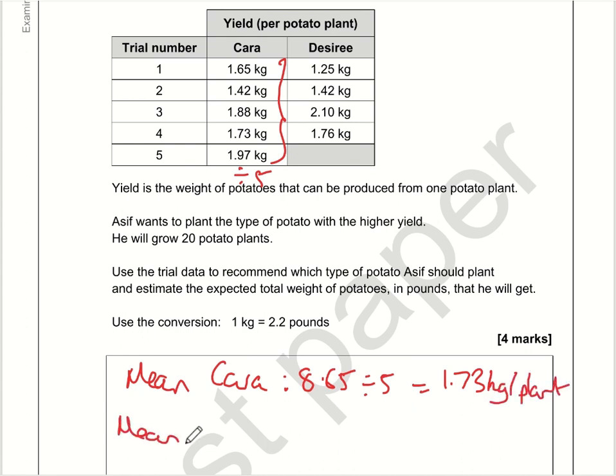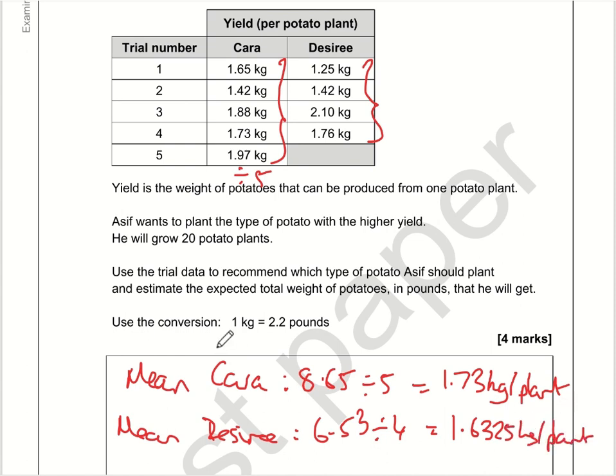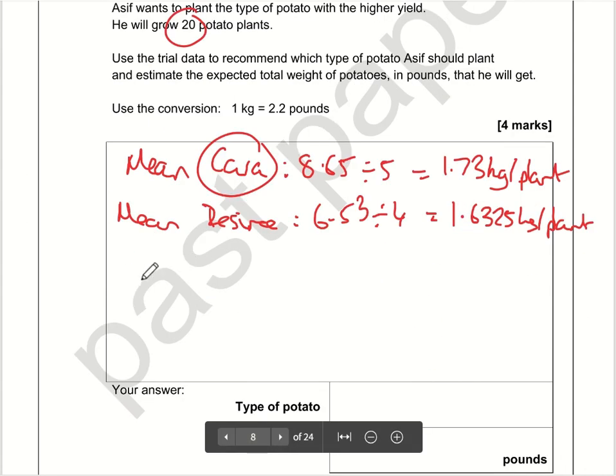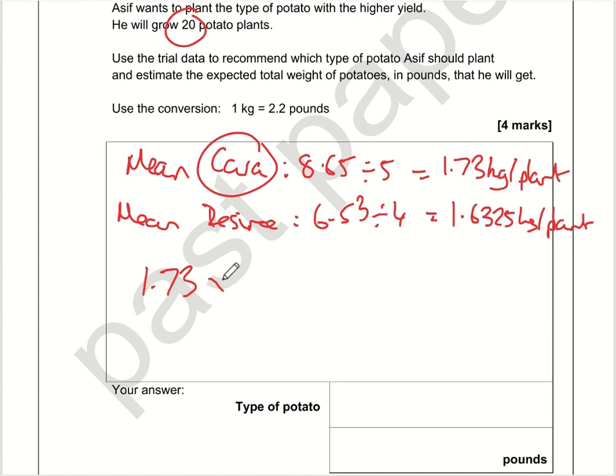Now the mean for the Desiree, again exactly the same calculation, except it's going to be divided by 4. So that's 6.53 divided by 4, which comes to 1.6325 kilos per plant. So it makes sense to use the Caras because the yield is greater, 1.73 kilos per plant. Now we're growing 20 plants, so we need to do 1.73 multiplied by 20,